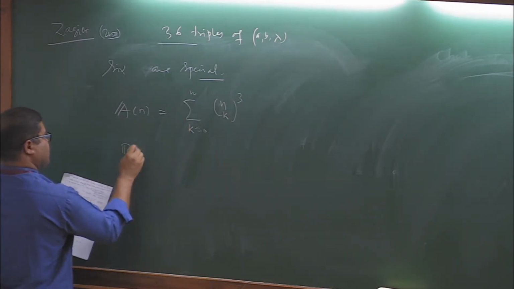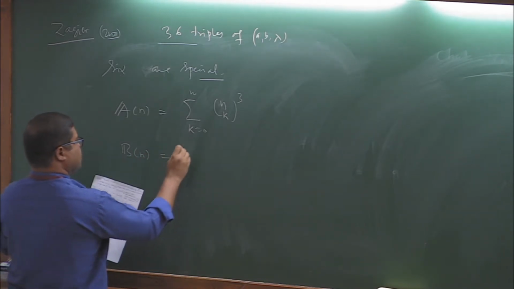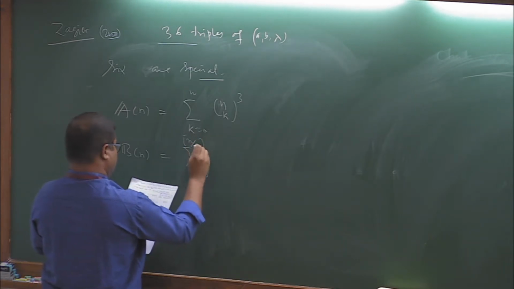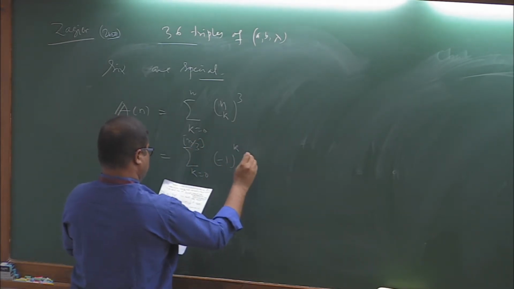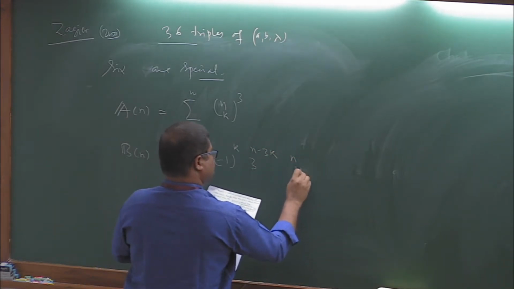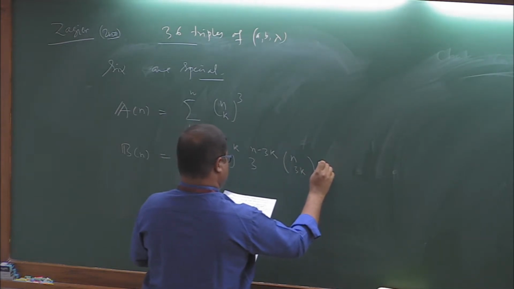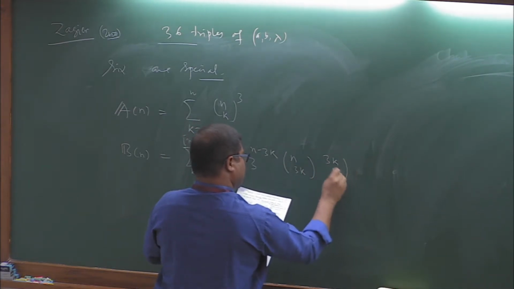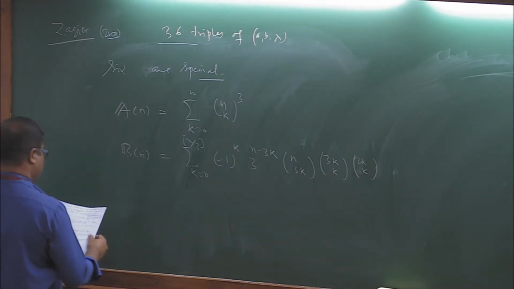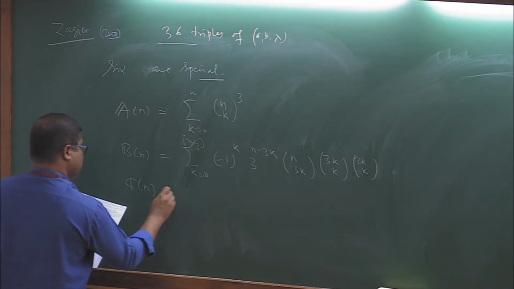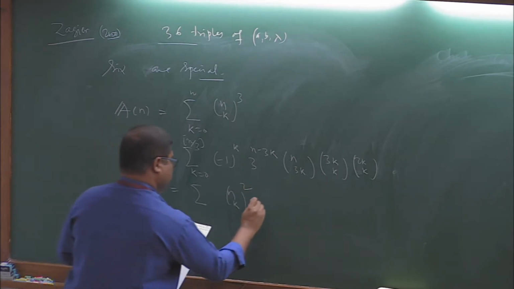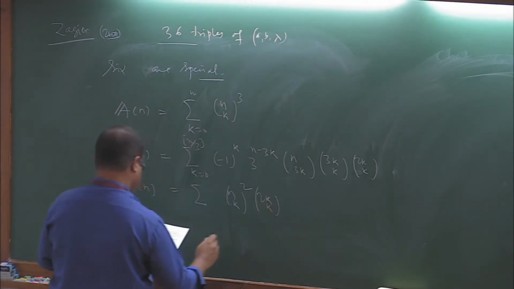Then the number bn is a sum over k from 0 to n of minus 1 to the k, 3 to the power n minus 3k, n choose 3k, 3k choose k, 2k choose k, and the number cn is simpler: sum of n choose k squared, 2k choose k,